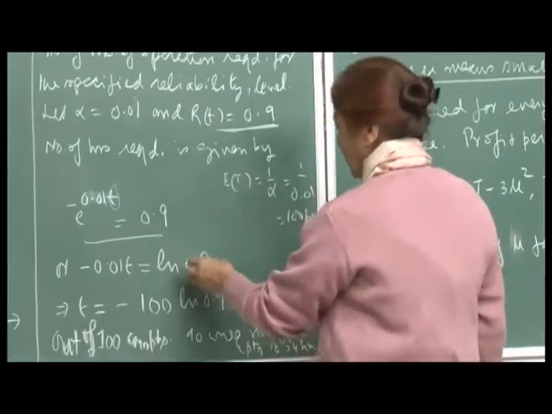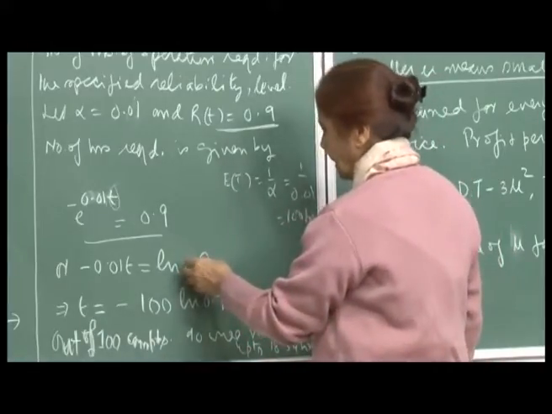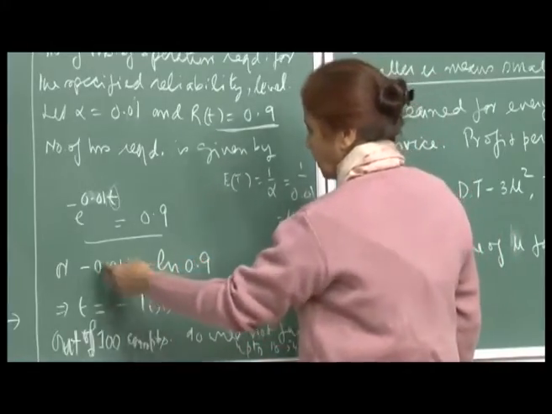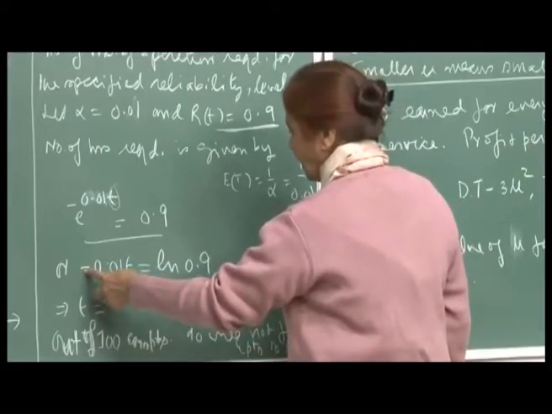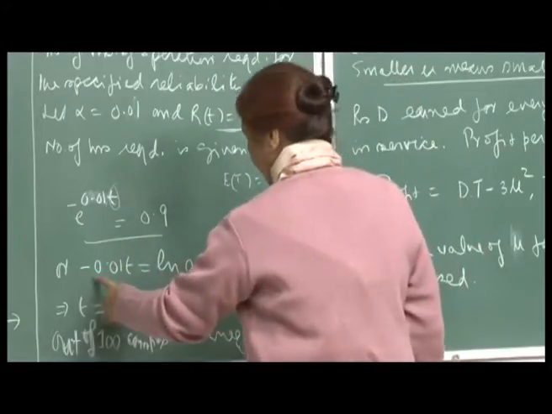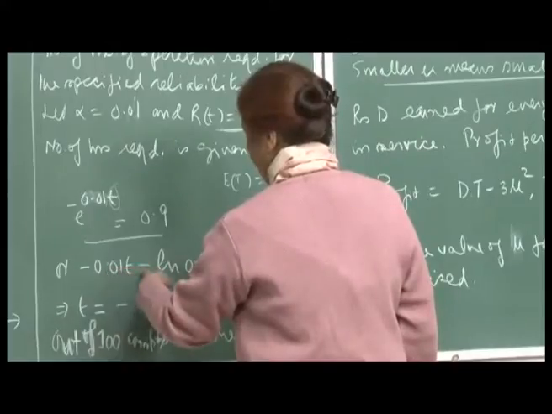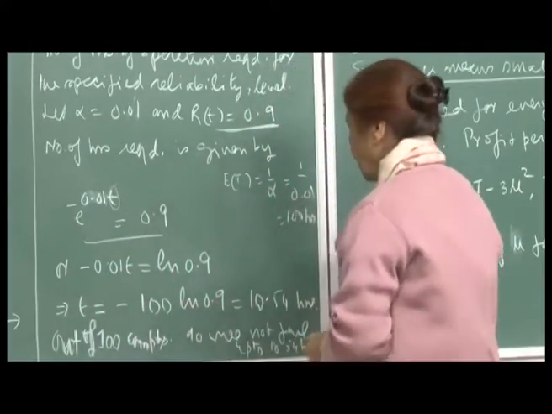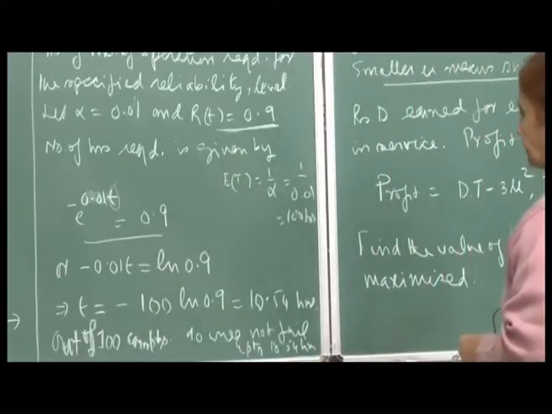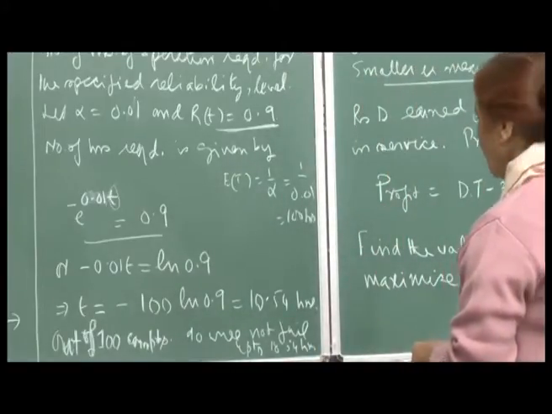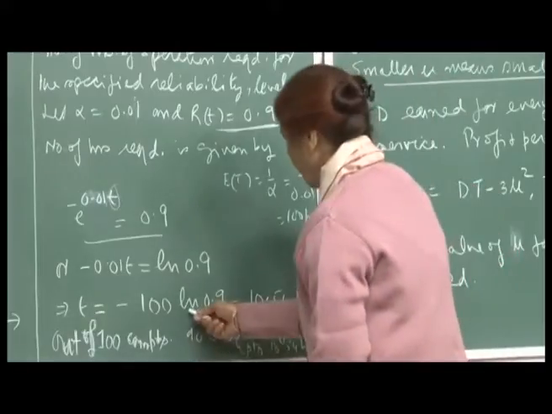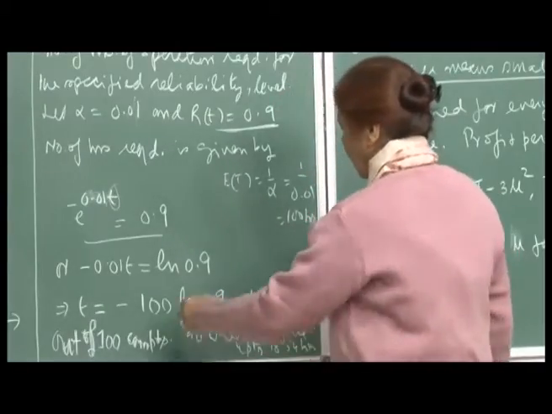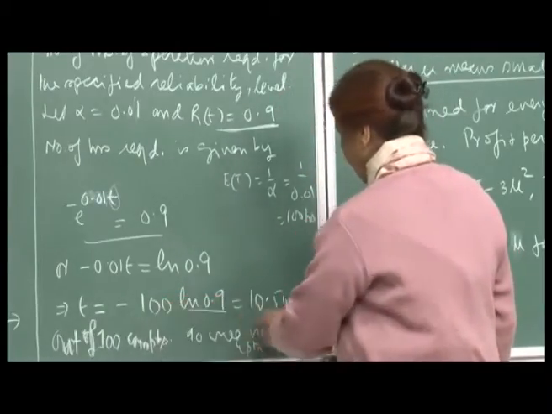Remember, ln of a number less than 1 is negative, so the minus sign is okay. If you now divide by 0.01, you get t is equal to minus 100 into ln of 0.9, which, if you look up the value of ln 0.9 and multiply by 100, comes out to be